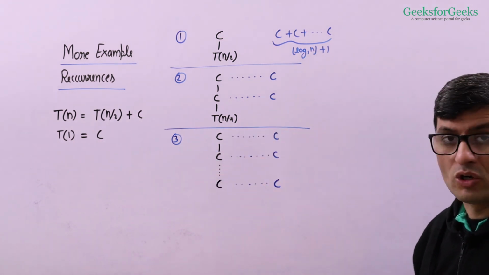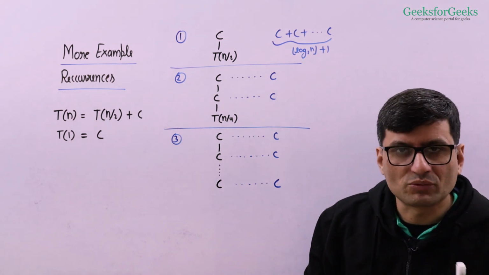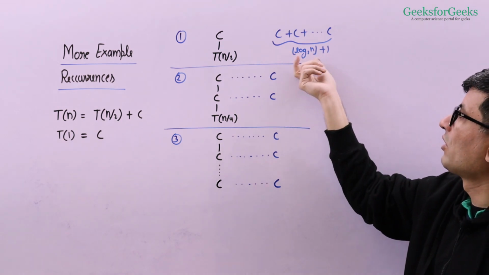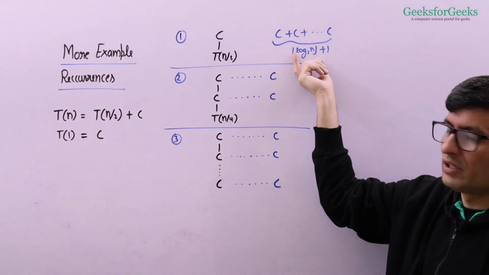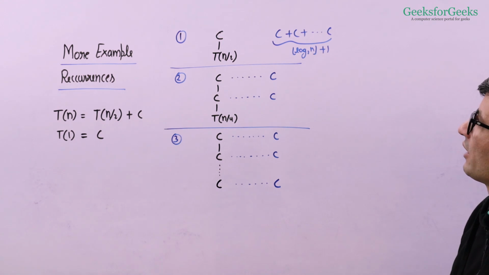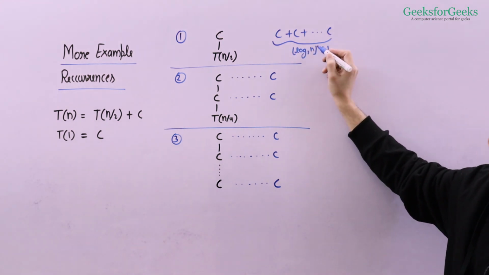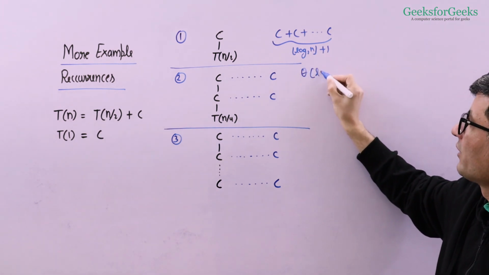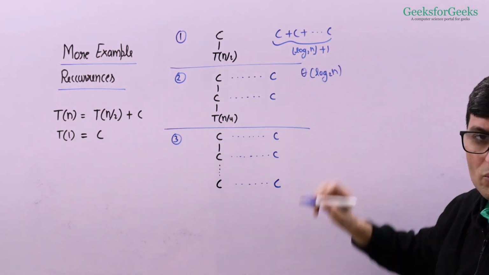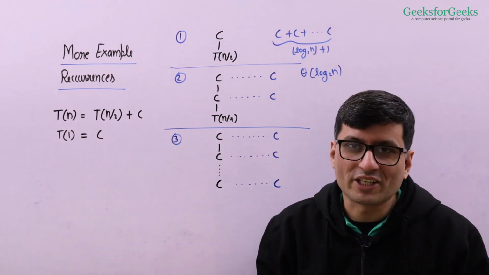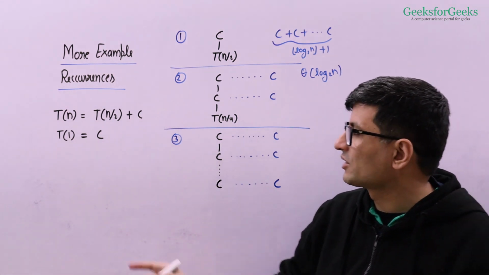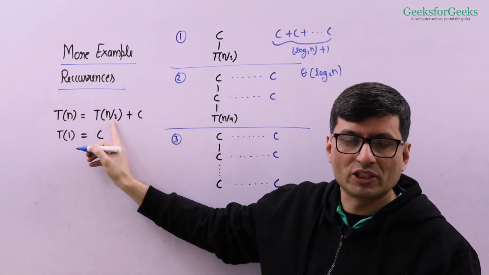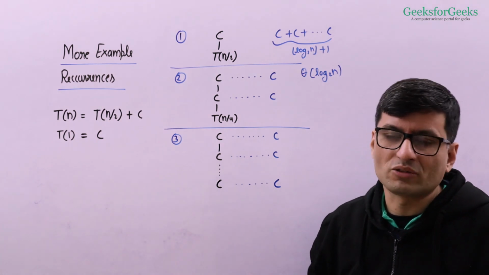We just need to find out how many levels we have. And we've discussed one such example earlier, right? When you divide n by 2, in such cases, we have floor of log of n base 2 plus 1 levels. And we are going to have these many C's. So what is the summation of the series? It's clearly theta of log n, right? So that's the time complexity of this recurrence. And this recurrence you would see in binary search. In binary search, we recursively call either for the left half or for the right half, and we do additional constant work.